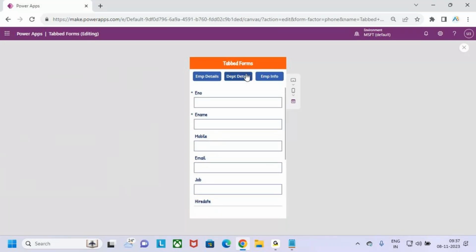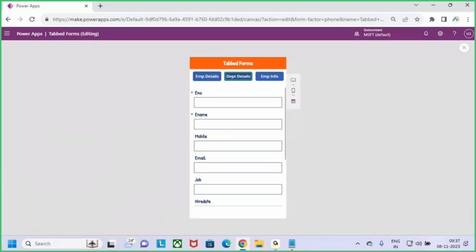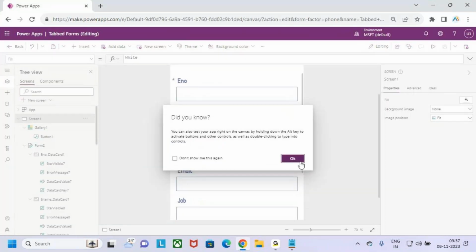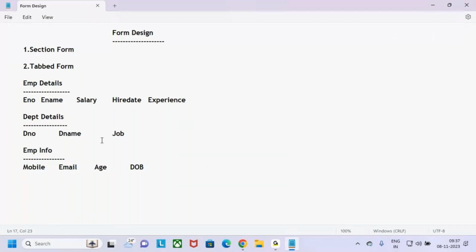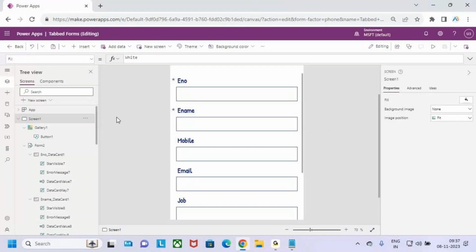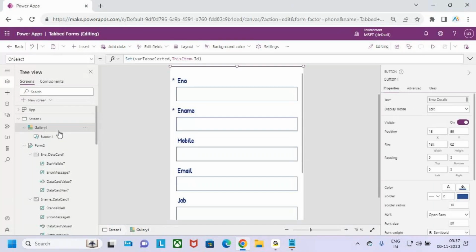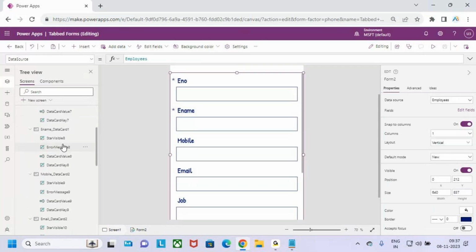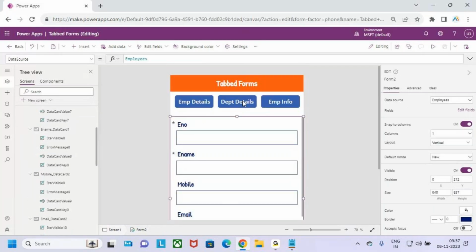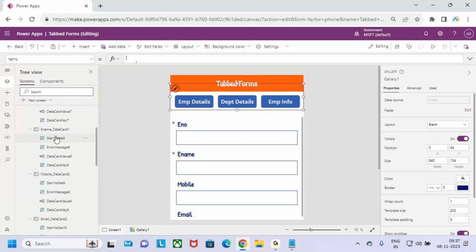And also in the EMP details, when I click on the DEPT details, I need to display the department number, department name, and job, guys. These are the fields or data cards I want to display in this tab. So for this, what I will do, go and select the data cards, which data cards you want to display in this tab, DEPT tab. I want to display the